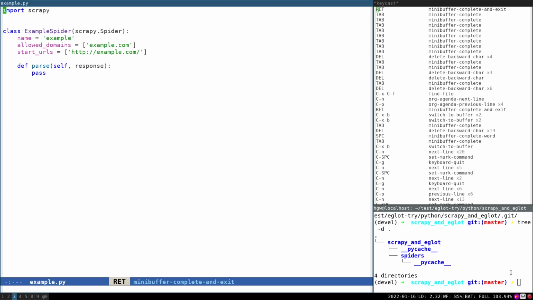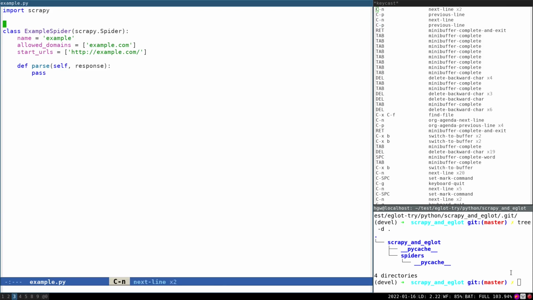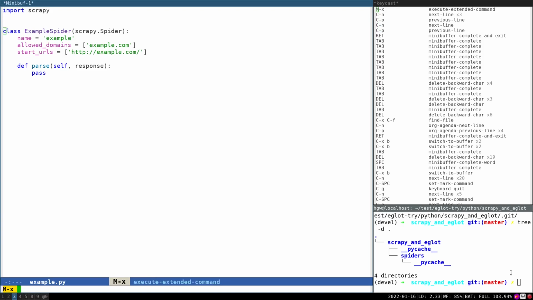Scrapy has already prepared us the skeleton. There's an import and a spider class. And we can enable Eglot by typing M-x eglot.